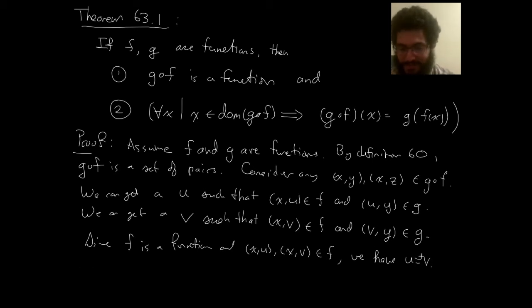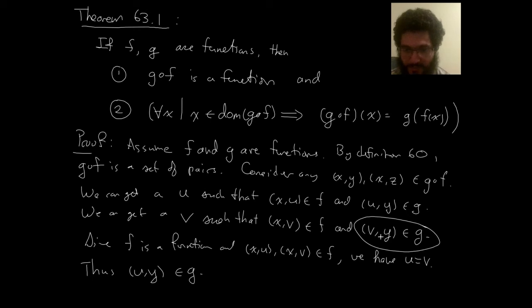All right, so since u equals v, now can I use the fact that G is a function? So you cannot use G's function-hood directly on these facts because the first positions don't match, but we just found that they do in fact match. Thus, let me just switch the v to a u here. (u,y) is in G. So this is like axiom 2, right? I'm taking this statement and then replacing the v by something that I know v is equal to. So (u,y) is in G. Now since G is a function,